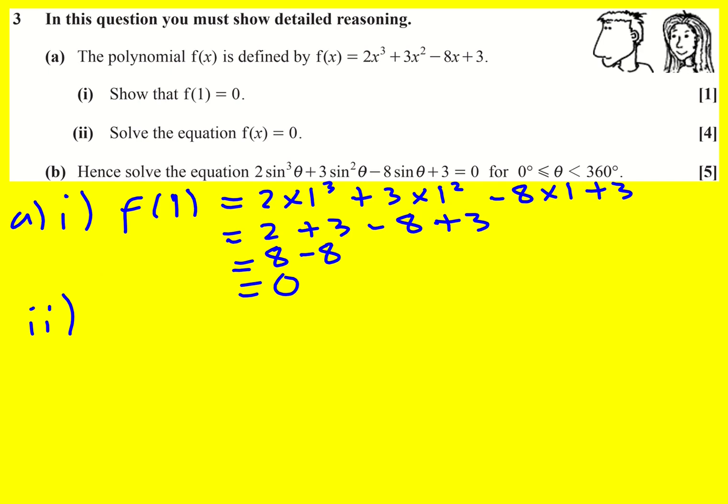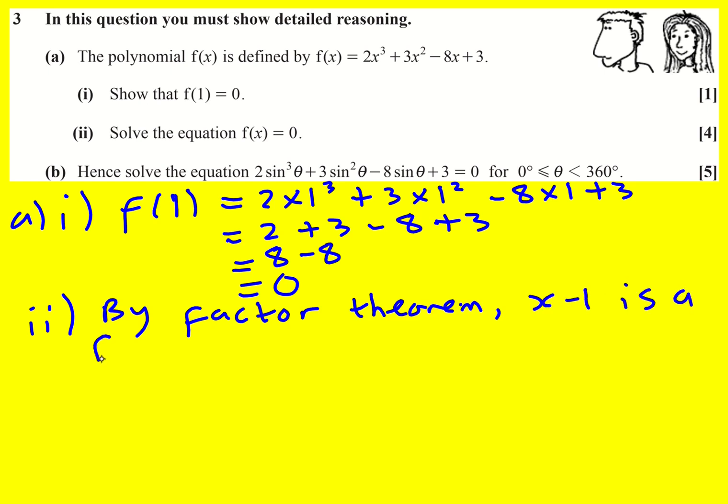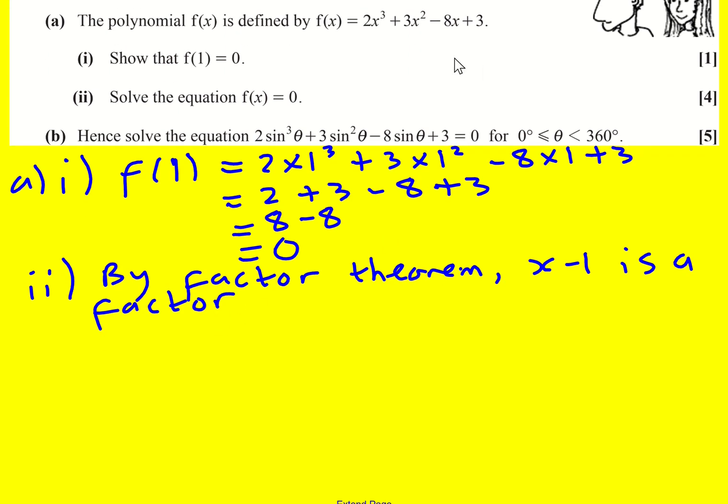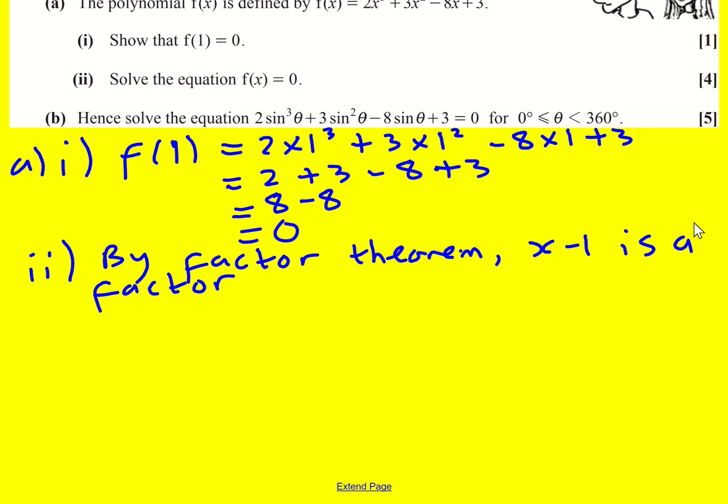Solve the equation f of x equals 0. Right, actually we're going to use part 1 here, because by the factor theorem, it must be that x minus 1 is a factor. This results from the fact that f of 1 is equal to 0. So that means that x minus 1 divides fully into this cubic. So now you just need to do a division of your choice to be able to work out what's left